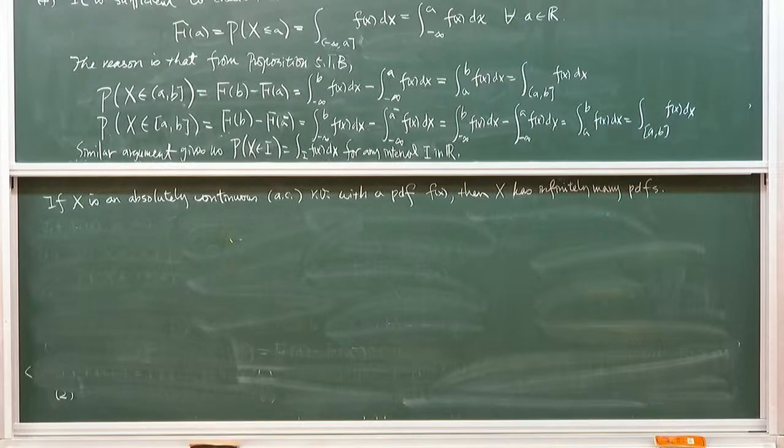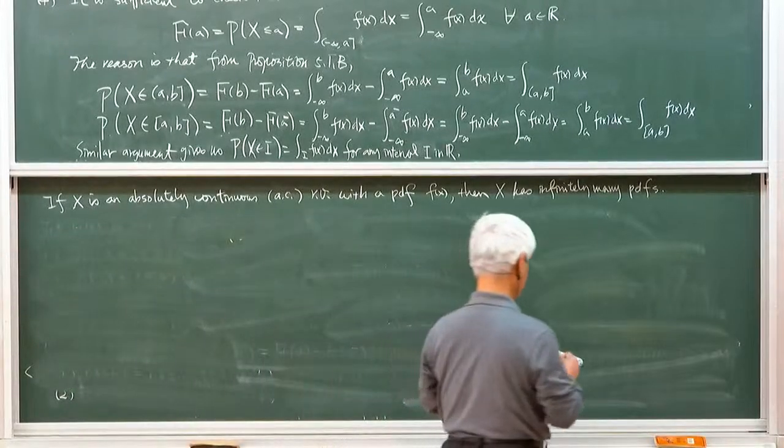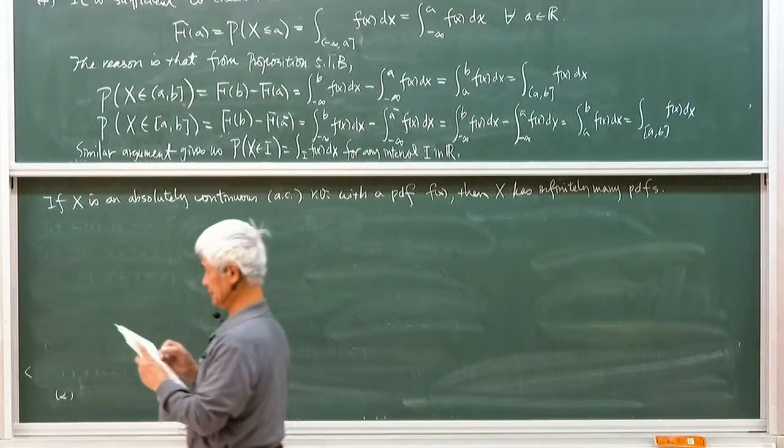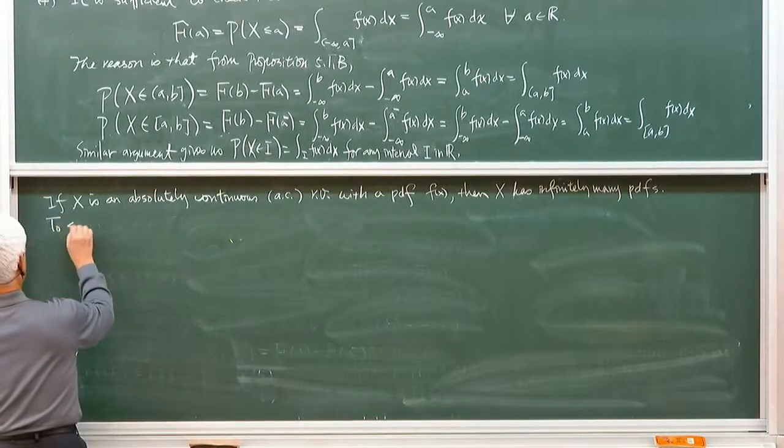Almost all. And if it's not possible to select a continuous PDF, then you will select a PDF which is discontinuous, with fewer points of discontinuity. Okay, so you try your best to find one which is good for you, because there are infinitely many possible choices. Why? Right. So to see this,